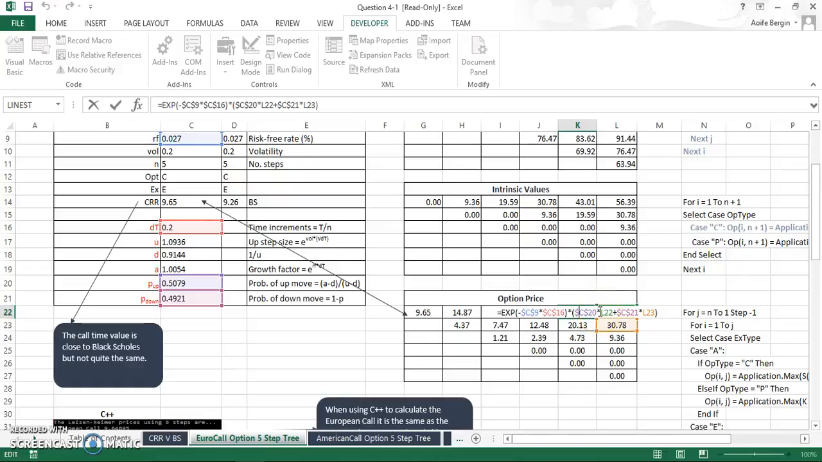And then we multiply by the previous cell here, the previous value, which is the same as this value here, plus 1 minus P, which is the same as this P here that we calculated, multiplied by the lower value here, the 30.78. And if we do that, we get 43.55,